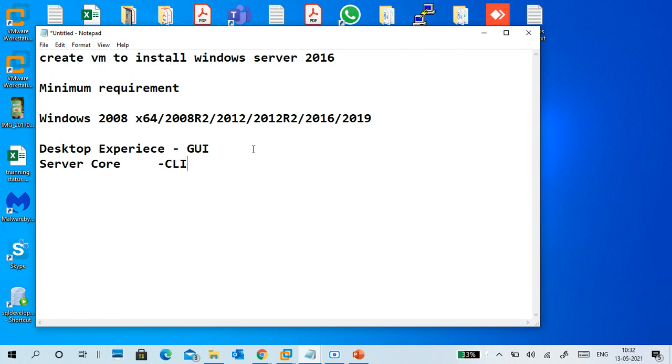Server core requires less hardware, even a lower capacity server can run server core, like branch offices that don't have more money to buy a full GUI, and CLI is more secure. Why? Because everything you do is in the command line only. With GUI at least we can see and do it, but with CLI everything you have to type as commands. That is difficult.